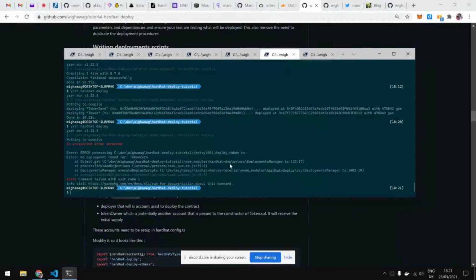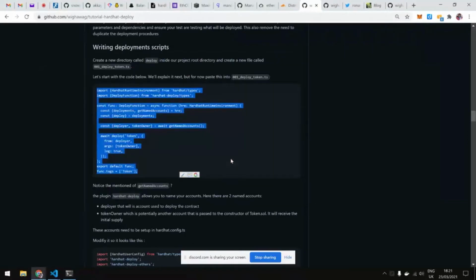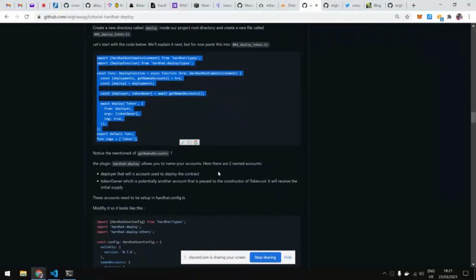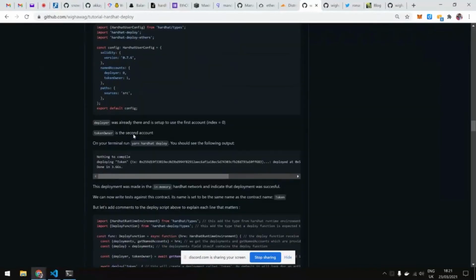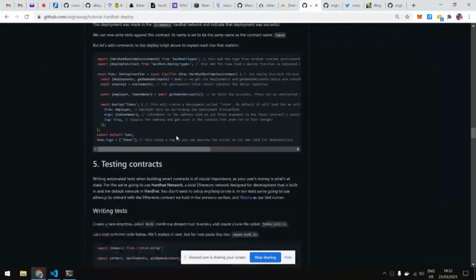When I did the deploy here, it's actually deploying on no network. It deployed on the default network, which is the Hardhat network, which is an in-memory network. So when this finishes, there is no trace anywhere. By default, for that network, hardhat-deploy does not save any information on disk, because there is basically no point to it. You could override it if you wanted to. And so I guess I covered that part already.